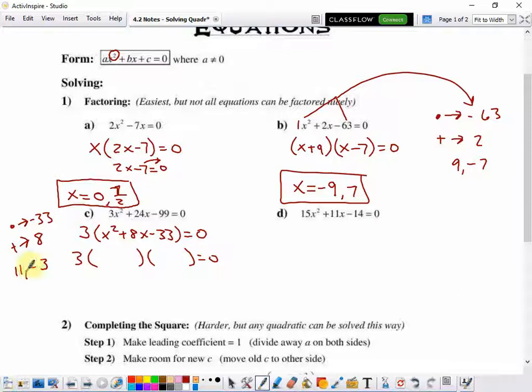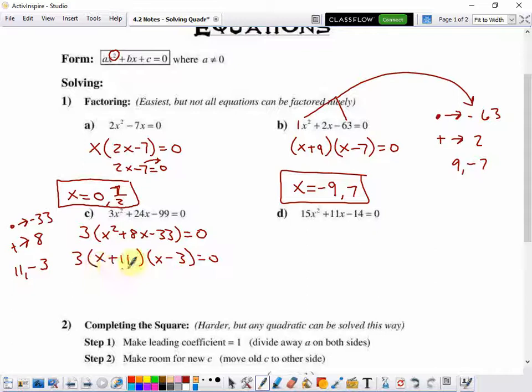11 times negative 3 is negative 33. 11 plus negative 3 is 8. So x plus 11 times x minus 3. Now, there is no value of x that's going to turn this first factor into a 0. It's just always going to be 3. So my 2 solutions are only going to come from these 2